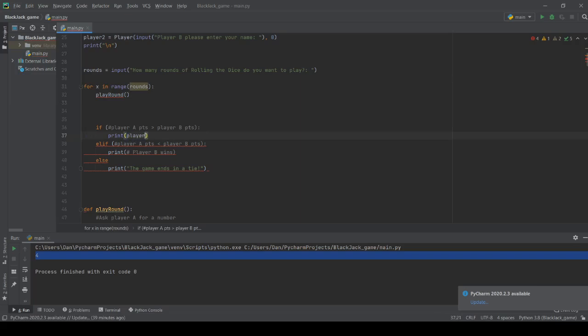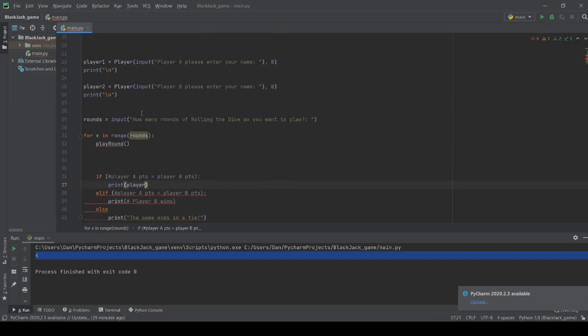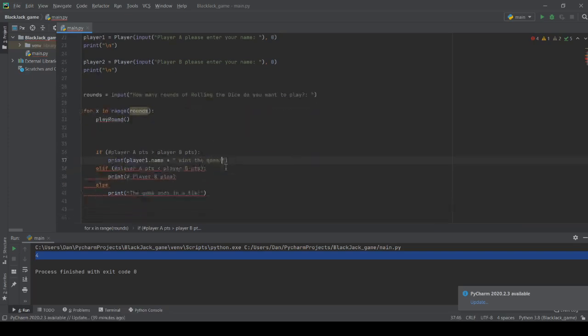We'll print player 1 dot name plus wins the game, and then we'll copy this down here for player B. So player B is player 2,